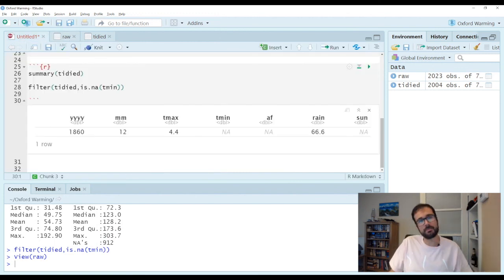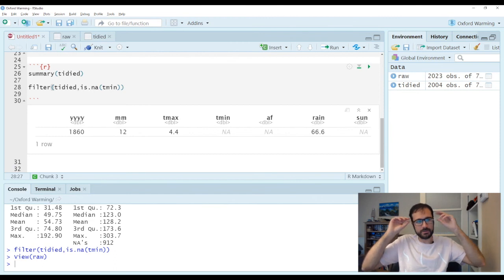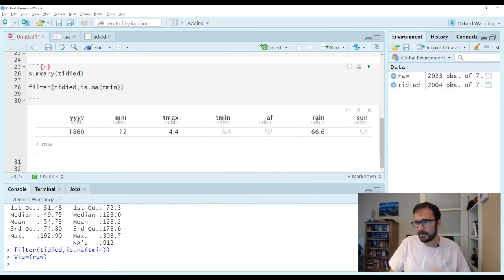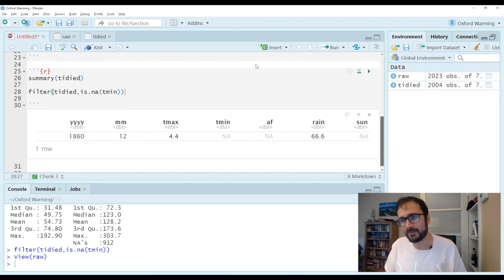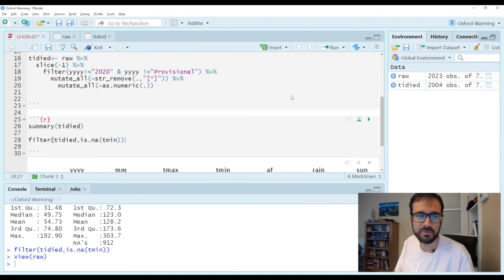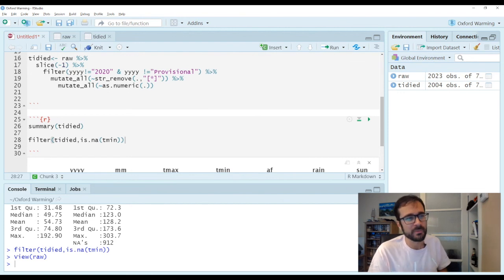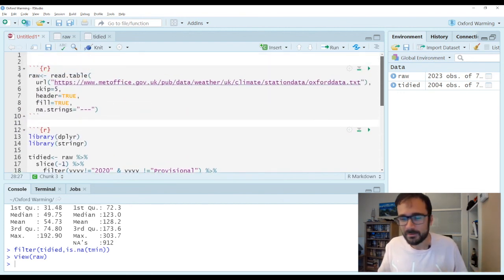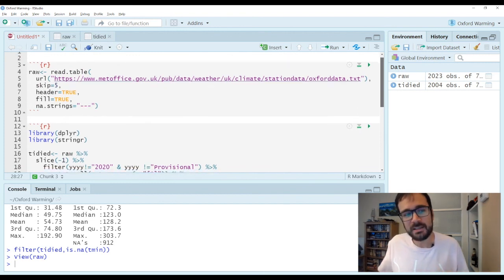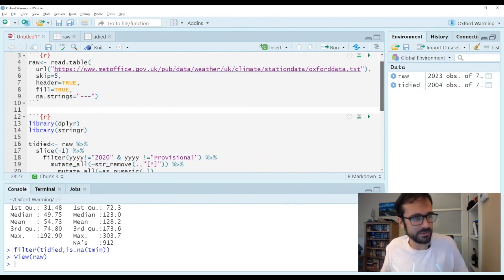So at this point, I'm happy with what I've done. I've got my tidy data set. I've checked that. I'm pretty confident now that this is the real data. I've not corrupted it by doing these steps. And I'm good to go ahead and feed this in to my main process, which is actually building the warming stripes plots. But you can see in general, data is not always there in immediately the nicest format that we'd all like it to be in.